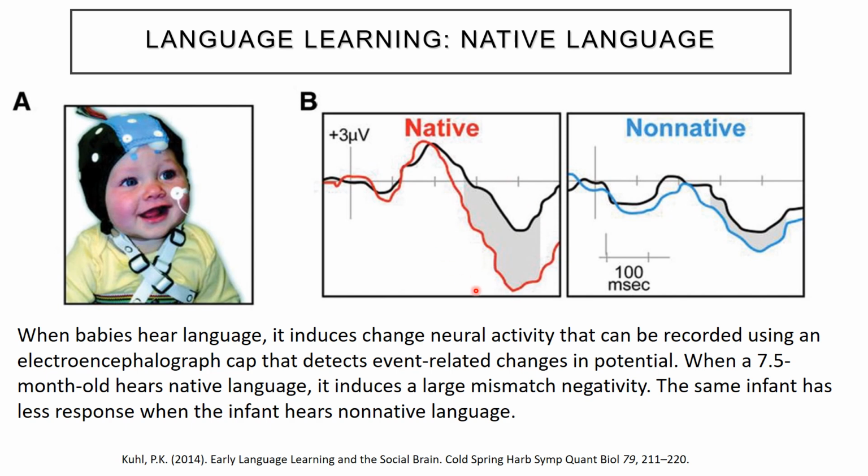So the native language is inducing specific changes, and this is even before this baby can produce language, but it's having a perceptive difference that we can observe in its change in neural activity when it's hearing native language versus when it's hearing non-native language. And so these things are actually being manifested already in the brain.